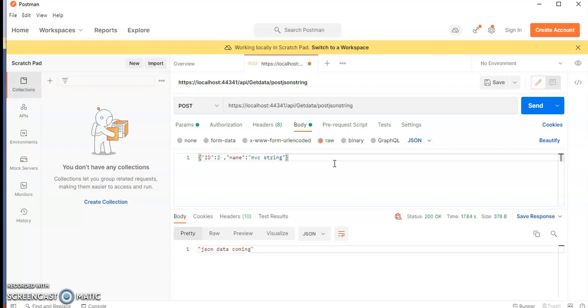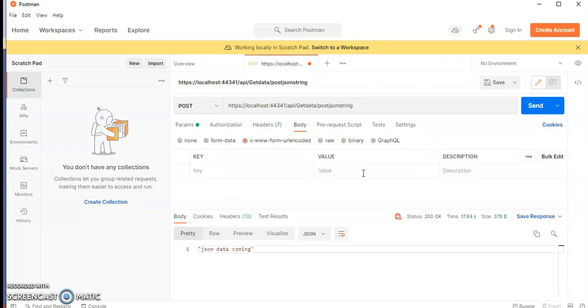Okay, and we have different kinds of data formats, like you can use files. Sorry, under this form data, some APIs might have form uploads, right?